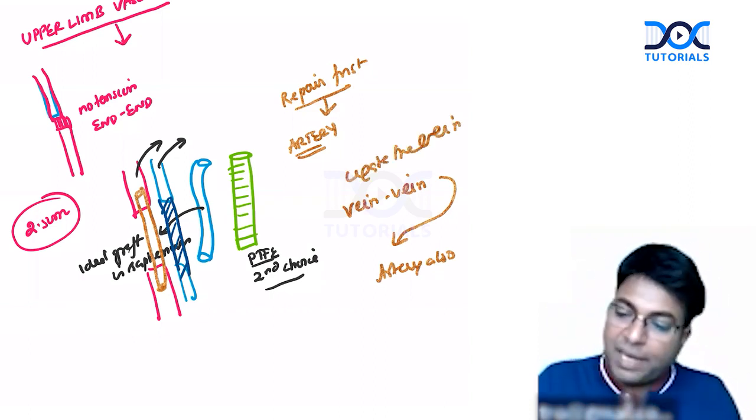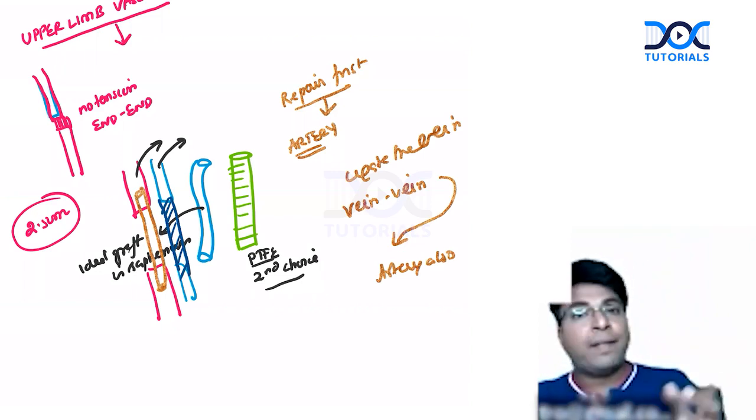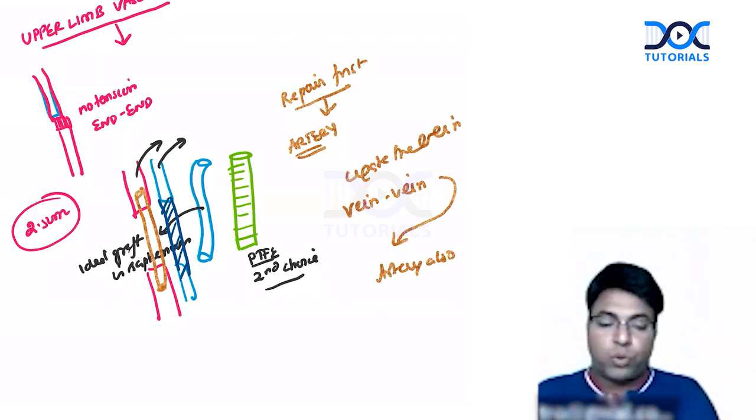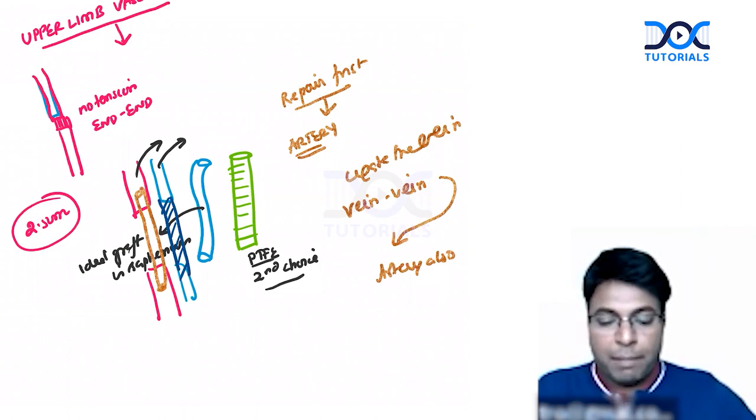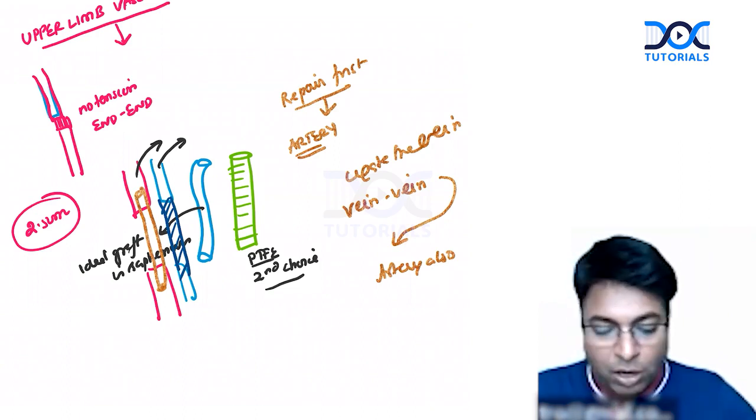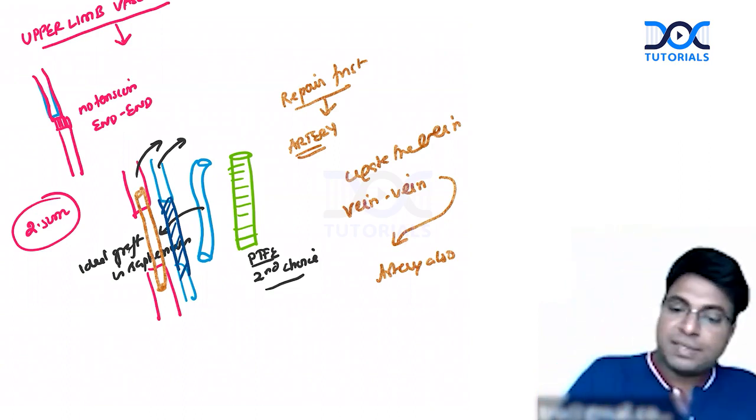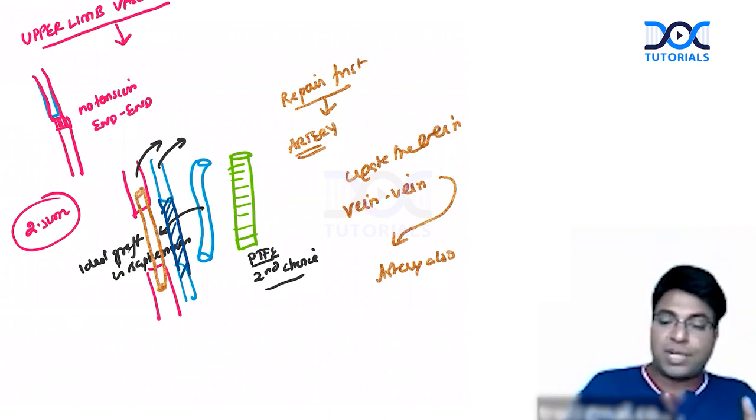Ligating the vein can be done if there is a good collateral, but if on ligating there is a compromise of the vein seen, you can do vein to vein, meanwhile putting a temporary stent in the artery. This is an excellent paragraph from Sebastian. Please read for NEET SS as well as for INISET.